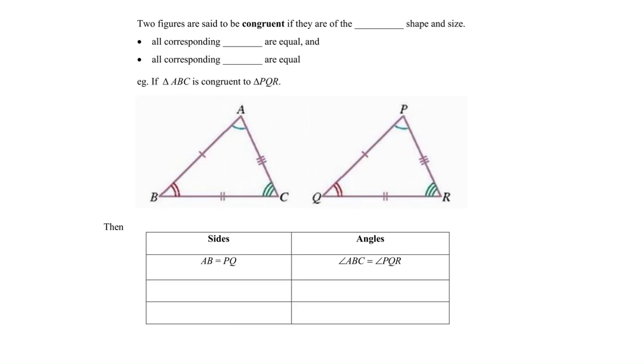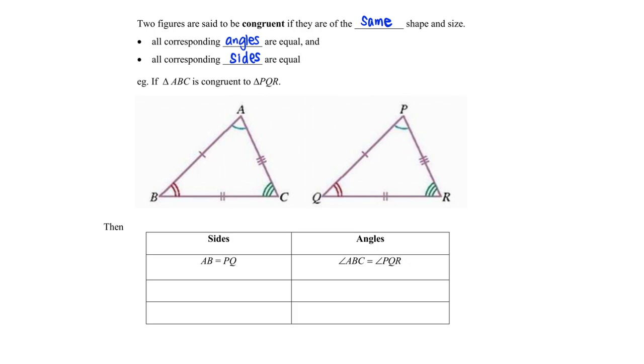Hello everyone, welcome to this video where we are going to explore congruent figures. Two figures are said to be congruent if they are of the same shape and size. So for this particular case, you will then have to write here, same shape and size. And this translates to mean that all corresponding angles and all corresponding sides